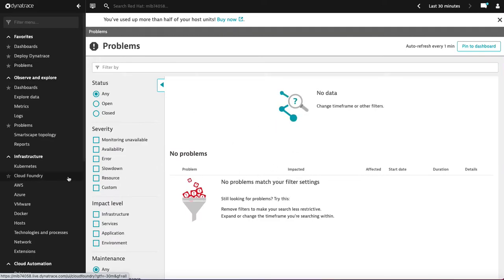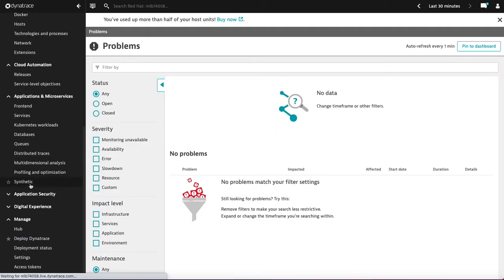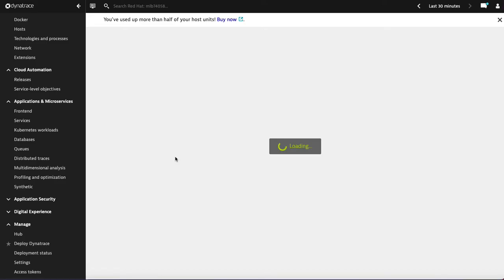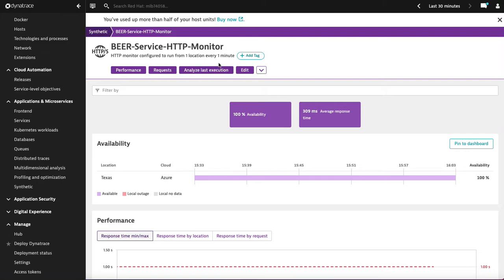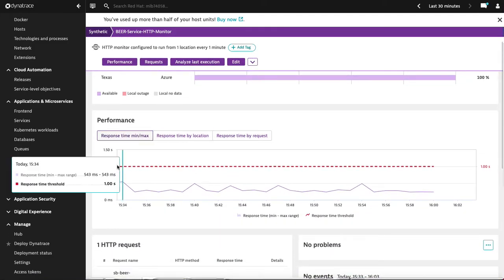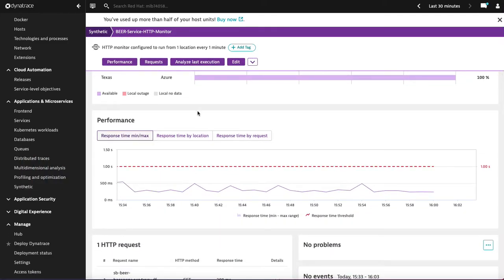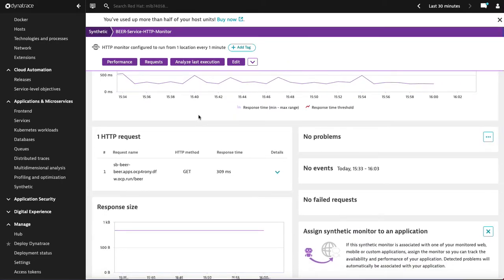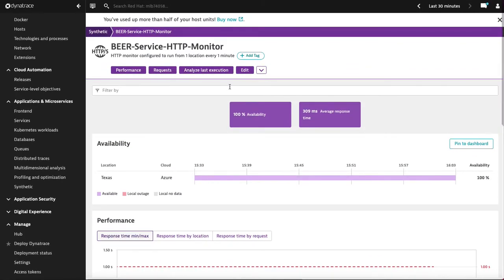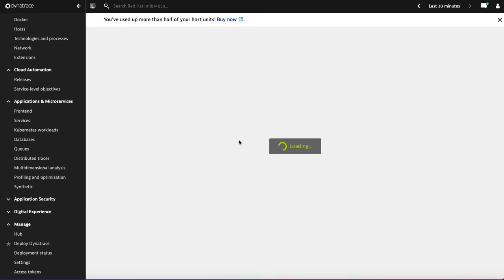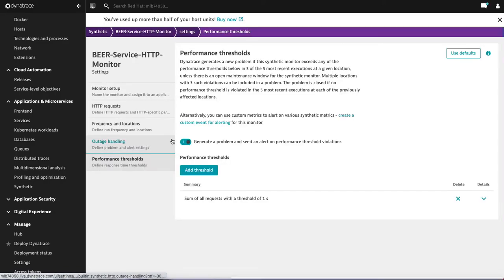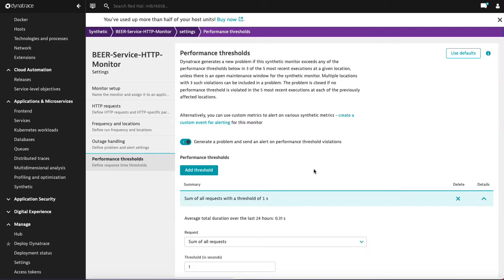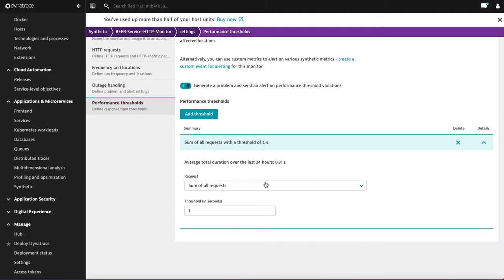So here I see in my Dynatrace dashboard, this is a synthetic monitor we put in place. What this does is that once the application reaches a certain threshold, in this scenario you can see here, the application is currently responding within less than 1 second. The synthetic monitor allows you to configure different parameters for it, and one of them is the performance threshold. Here we have it set to 1 second, and we're just running a sample test from one location with